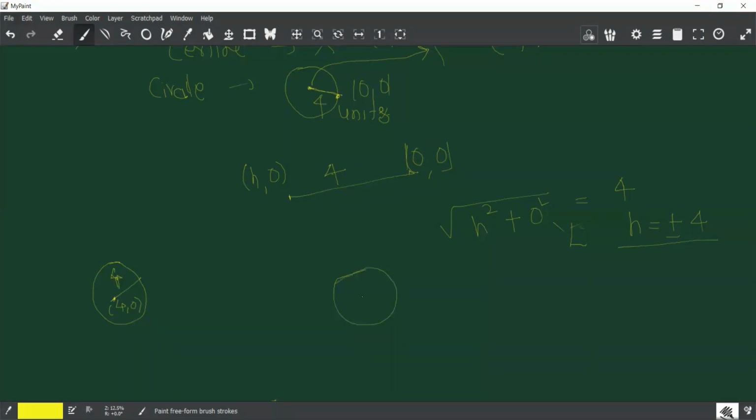And in case 2, the center is (-4, 0) and radius is